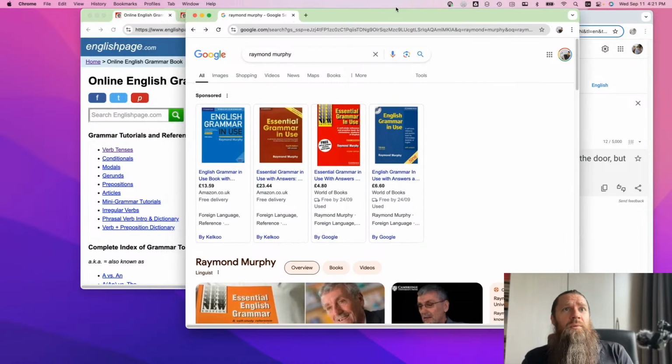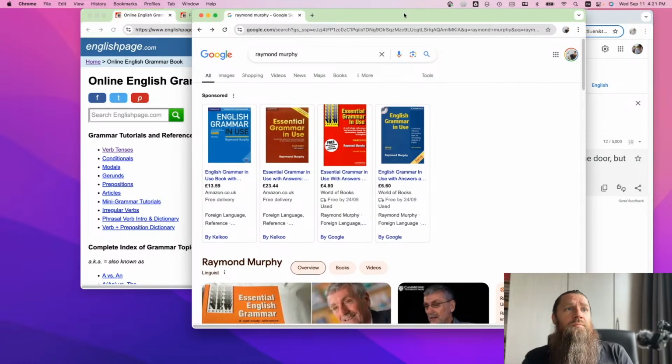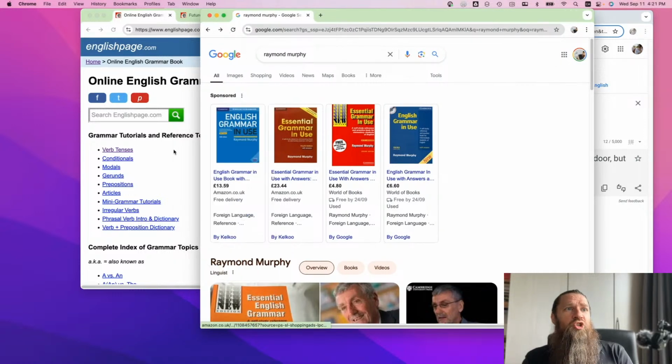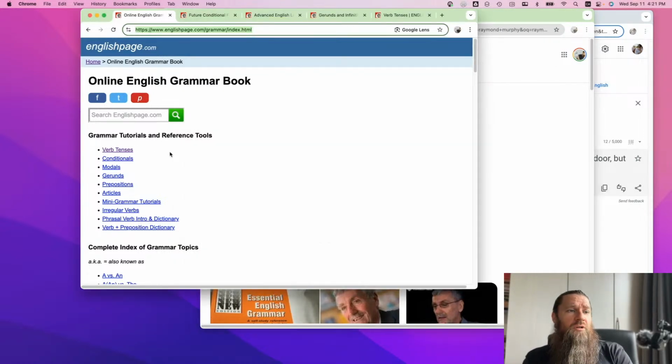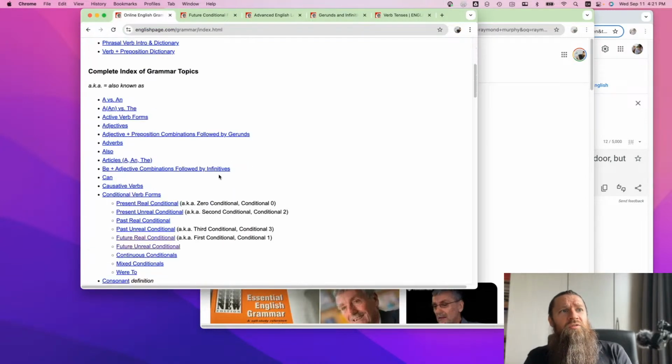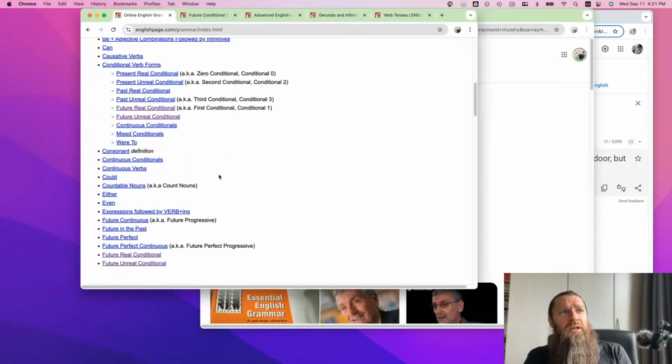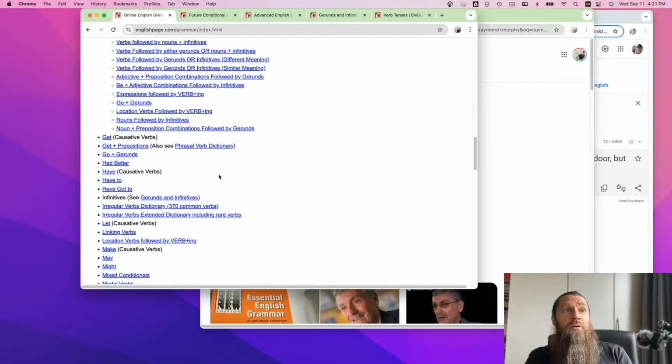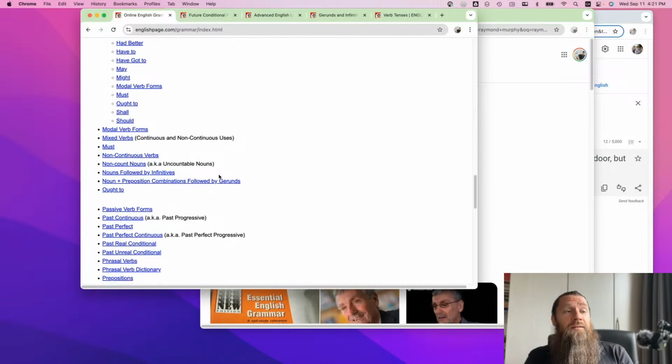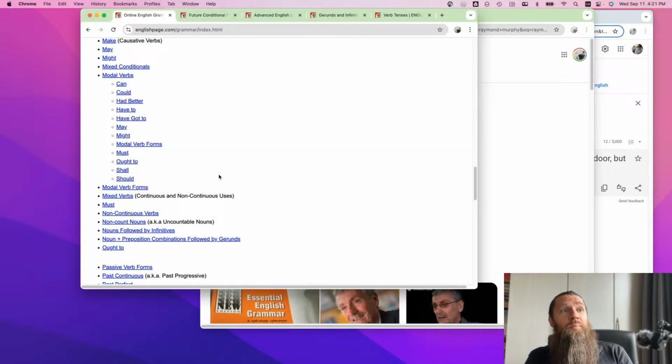I would highly recommend getting that textbook and just assigning sheets of paper. You don't have to work through it straight front to back. You can pick and choose. And then in addition to using this one, the EnglishPage.com grammar index, this one, very good. Again, I've used it my entire ESL career. It's my go-to that has just been very good for picking